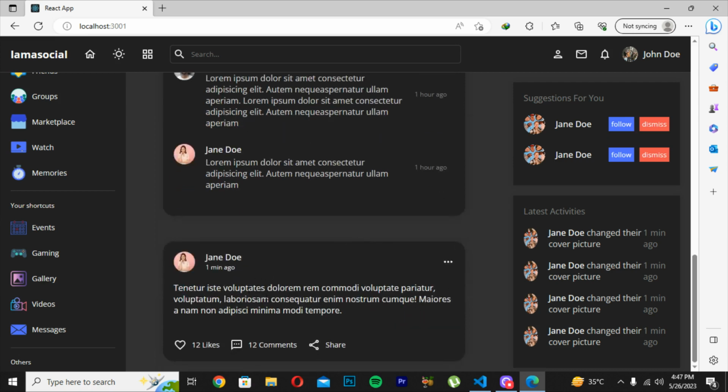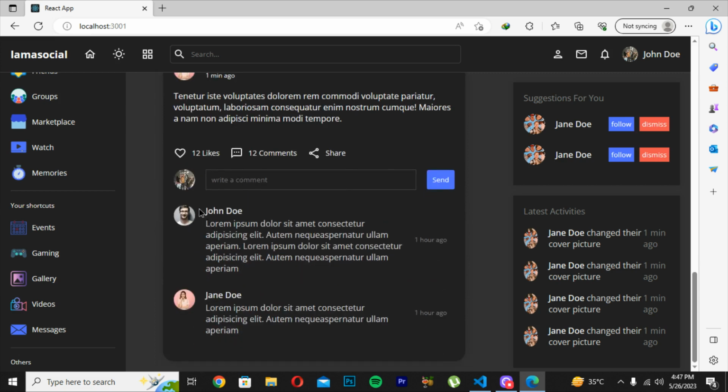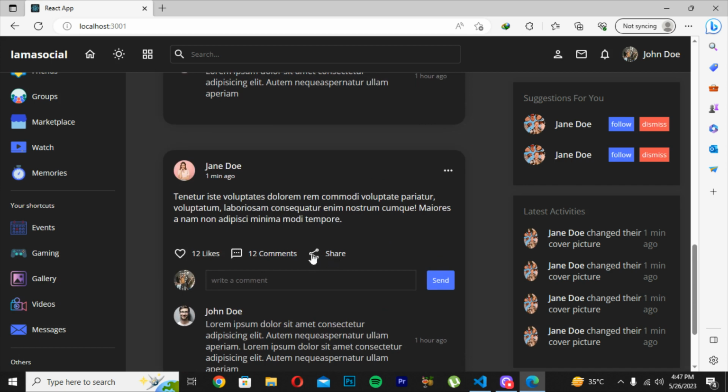Then down below we are again getting another post with the same profile and the same name of the user, but we are getting a different text here. It is also an example text, but it is not the lorem ipsum one, it is a different text. Then these are the likes and comments we are getting here. Here also I have put the same comments with the same user ID like I put at the top. You can also do this. Then you can share this post here if you want to share, but I have not put that functionality as